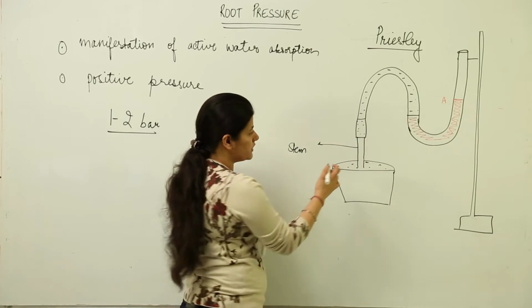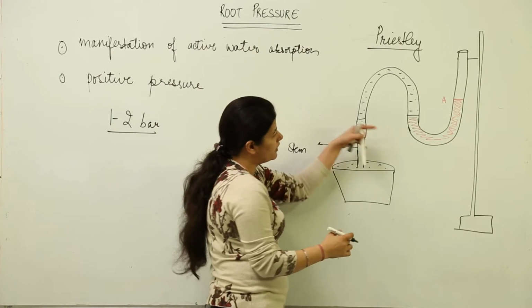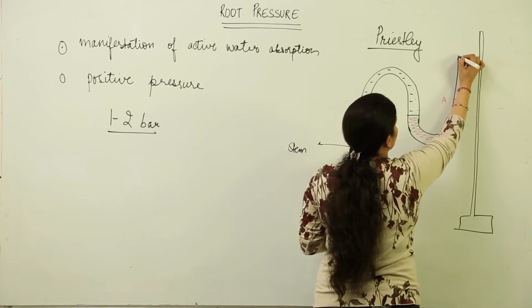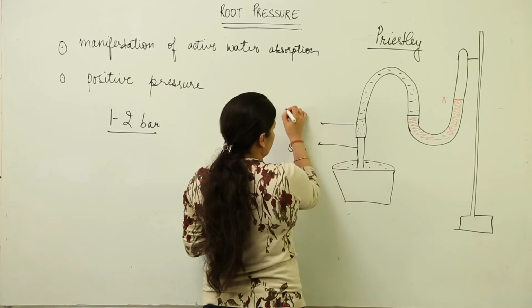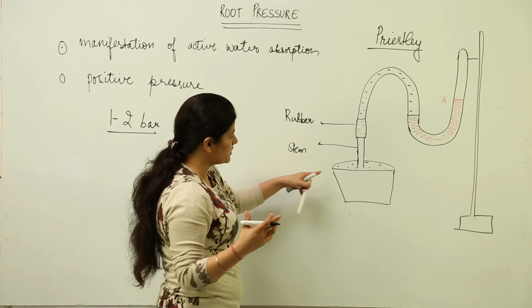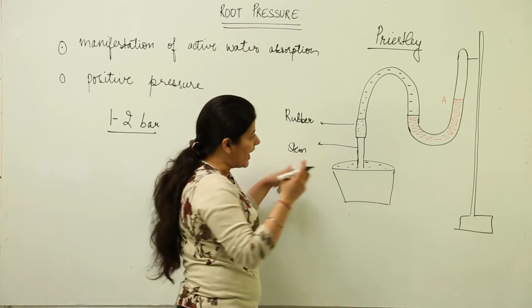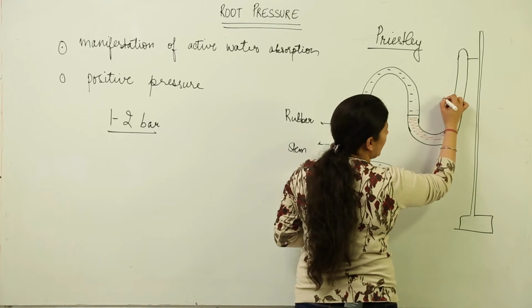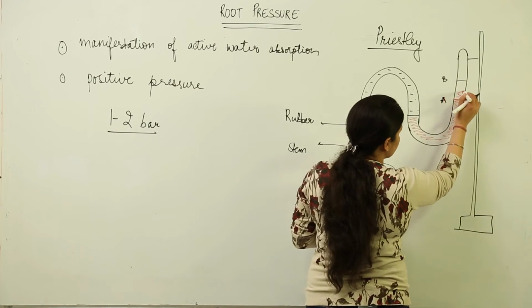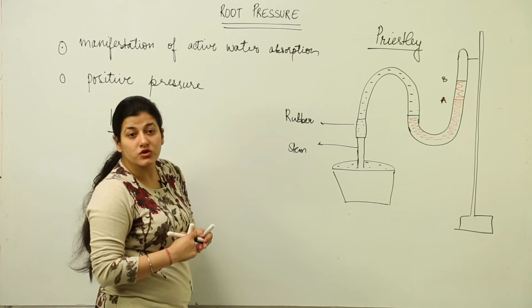Now what you observe is that the stem has been decapitated. This is the stem, this is the pot, and you have taken a manometer structure which would be closed, of course, not open. A rubber clamp is used in order to avoid any evaporation. This potted plant is going to absorb water from the soil. As a result, you observe that the level A of mercury rises up to level B. That means a positive pressure is being exerted. This is a very simple activity you can use to demonstrate root pressure.